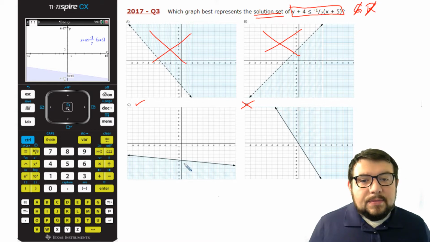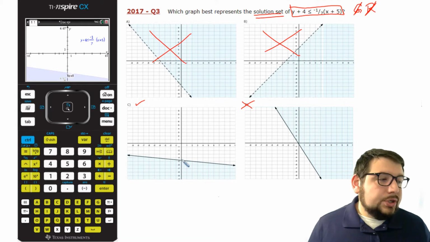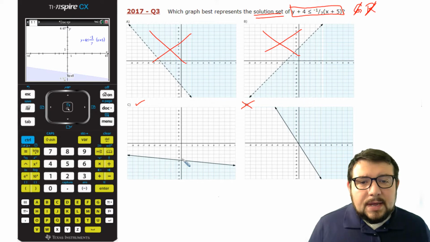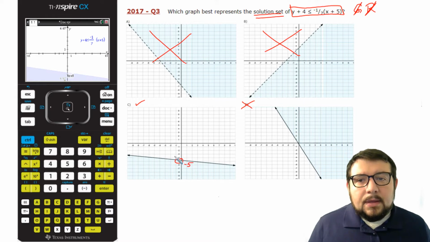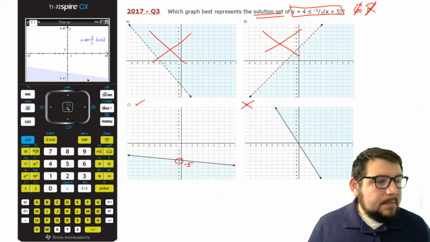Now what if there's something that looks kind of close? The last thing you can do is just check some important points to see which one is a true match. So for example, this one is crossing at -5. So this one, the y-intercept is -5. And here on my calculator screen,